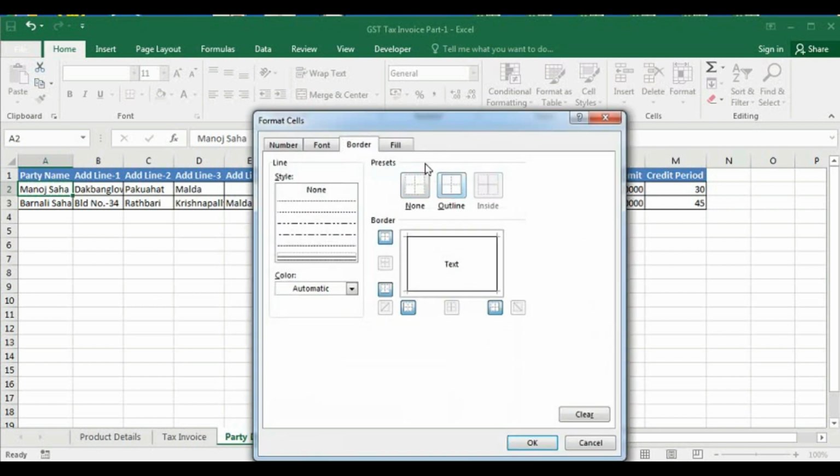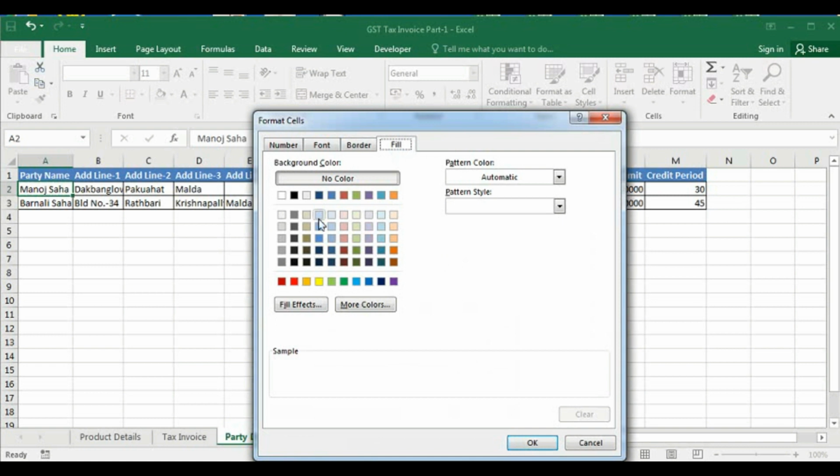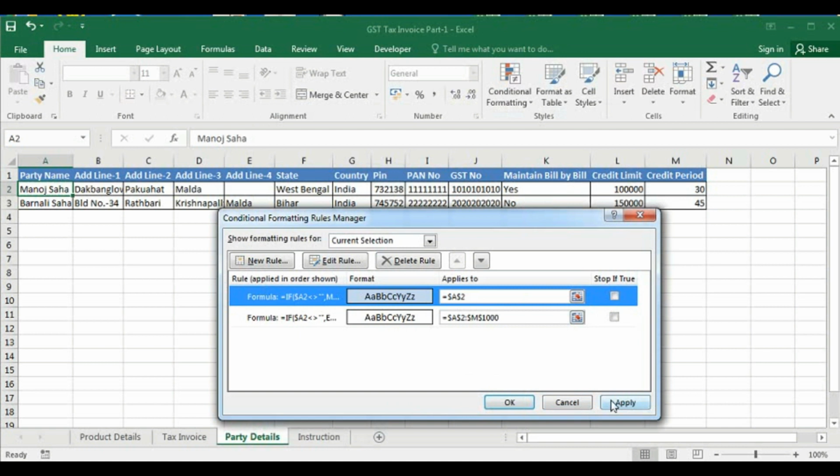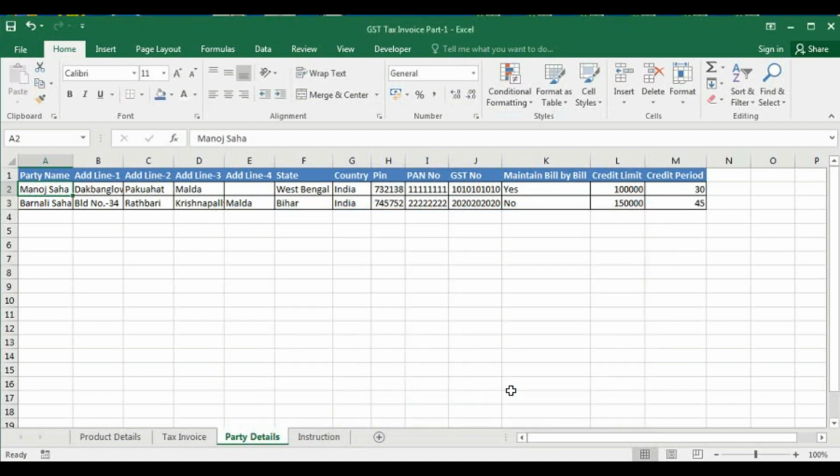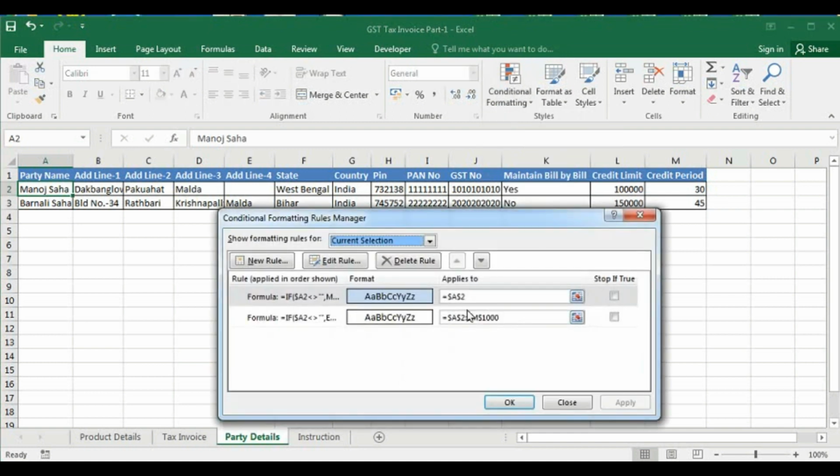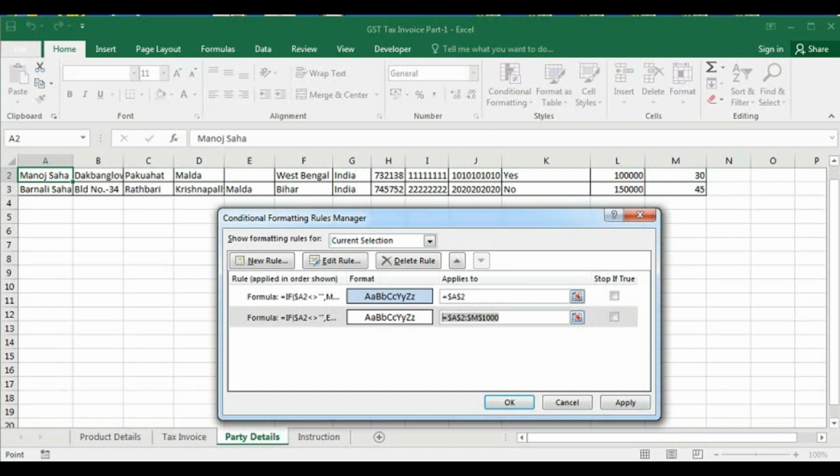Formatting will be border, and fill color will be light blue, apply. Okay, it's not showing because I have not given the range accurately, so select this one, copy and paste it here, same range.